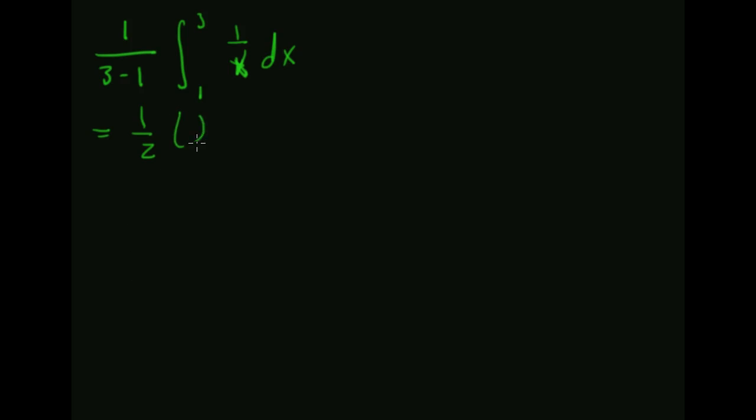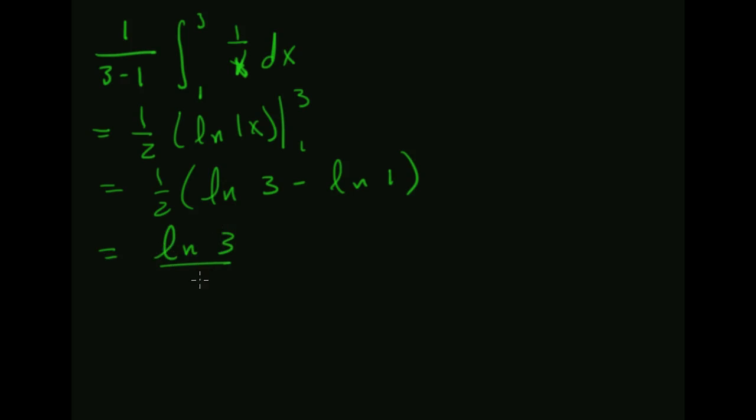This gives me natural log of x from 1 to 3. So this is 1/2 times the natural log of 3 minus the natural log of 1. But the natural log of 1 is 0, so this is the natural log of 3 over 2, which is